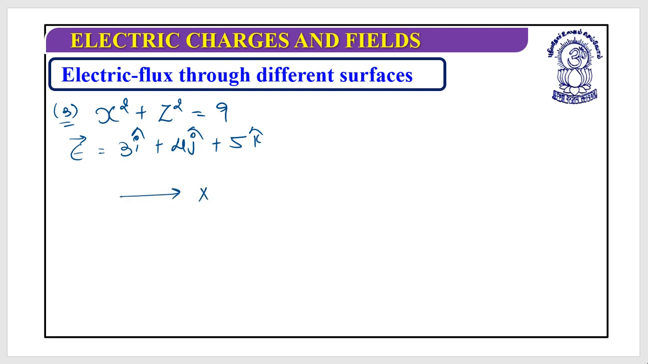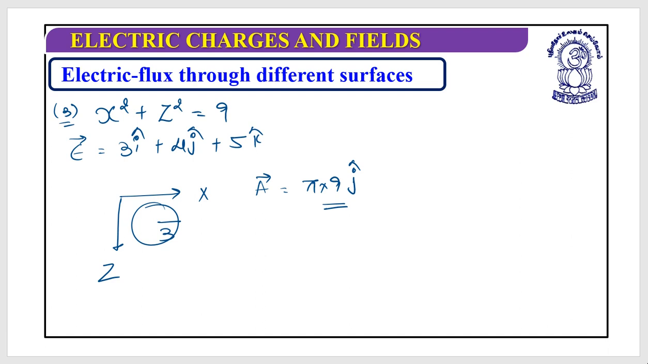Let's say this is x, this is z, this is a circle having a radius 3. Very good. Now what would be the area vector? It is pi into r square, this is pi into 9. In which direction? It is in j cap, because the area vector should have a direction which is perpendicular and